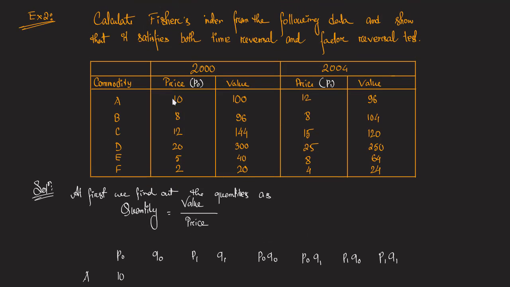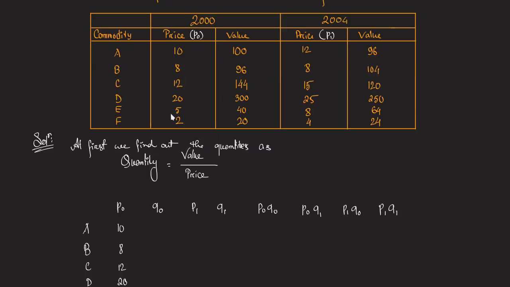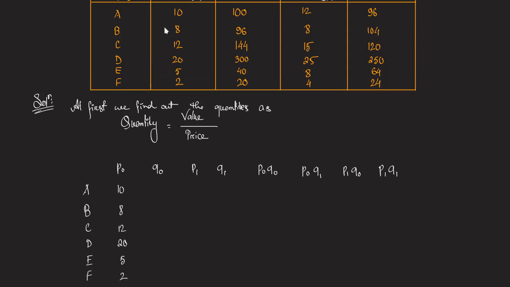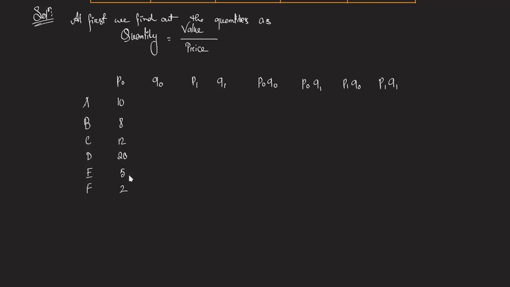Q0's values we will get by dividing value by price. So 100 divided by 10 will be 10, 96 divided by 8 will be 12, and so on. 144 divided by 12 will again be 12. So we can calculate, and the values will be 10,